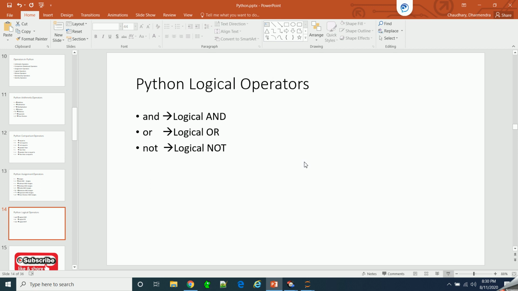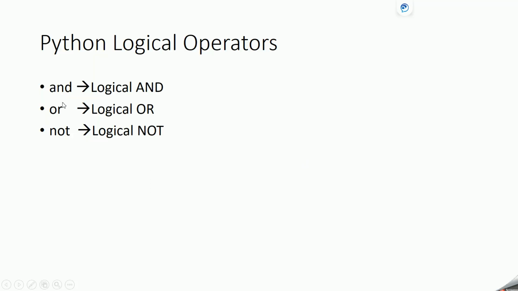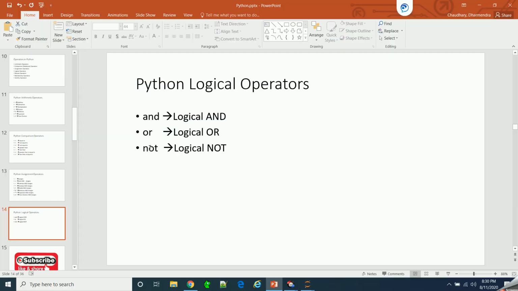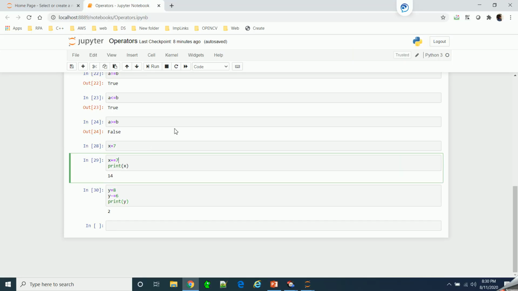The next operator that we have is logical operators. Logical operators are used to group two or more comparison operators. So let's see how to use them.